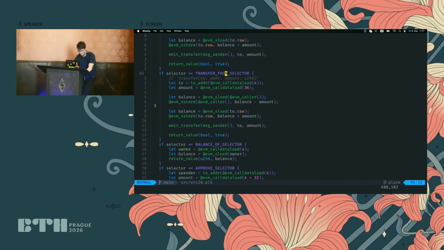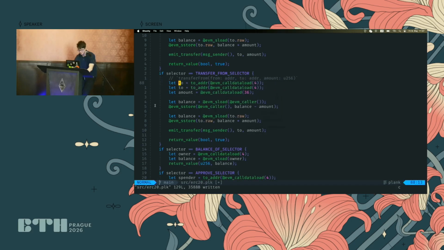So now we also want, here's a comment, let's say from, to. So we have from at offset 4, to at offset 36. Okay, and we have amount, and to make this a bit more readable, let's do 4 plus 32, and then 4 plus 32 plus 32. So we have from, to.